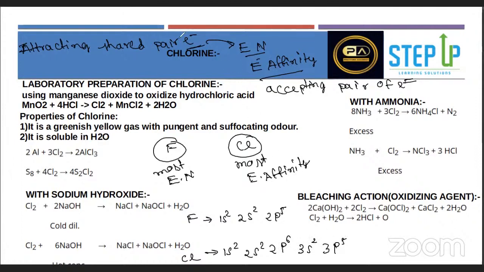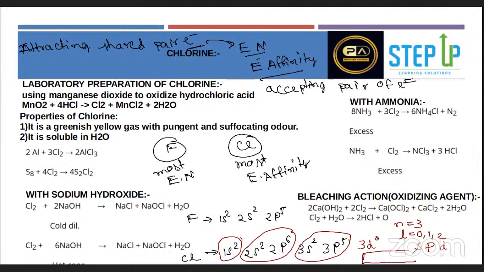Now if you see properly here, what is happening? In this case, the number 1 shell is filled, the number 2 shell is filled, and 3s and 3p are there. If I'm getting into n equal to 3, I can have l values up to n minus 1, so 0, 1, 2. 0 represents s, 1 represents p, 2 represents d. So we have 3d0 here, vacant orbitals, a place where it can accept the electrons and keep them. Fluorine doesn't have that. One more electron will be fed here, so it can only have attraction. Because electrons are there in the form of clouds, it will try to attract the